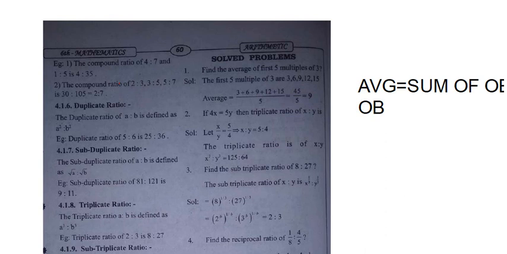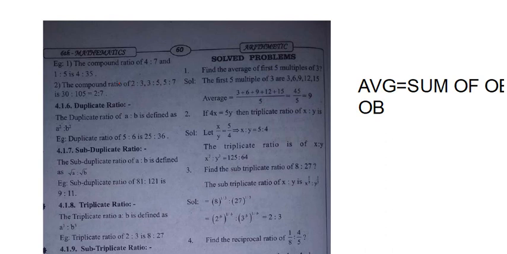Okay, in some problems they will give the value of average and the number of observations, but they will not give the sum. You should find it out. In some questions they will give the sum and the average and ask us to find the number of observations. You should remember that average is equal to sum of observations by number of observations. So we wrote all multiples of 3: 3 plus 6 plus 9 plus 12 plus 15, because we should do the sum, divided by the number of observations. 5 are there, so I wrote 5. If I do cancellation, 45 by 5, we got 9 as the answer.